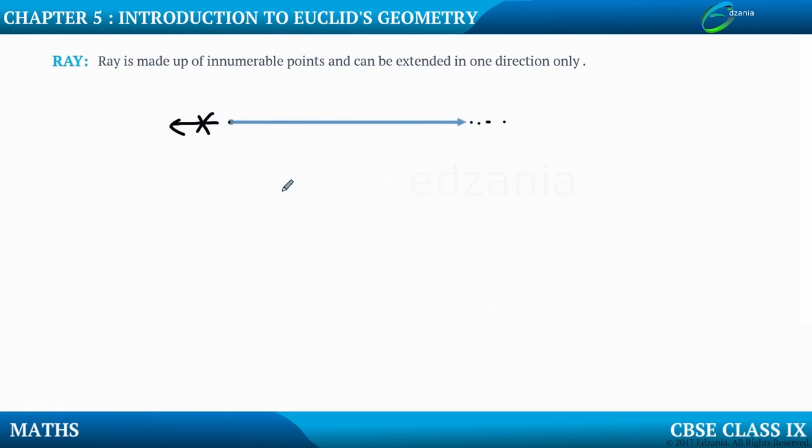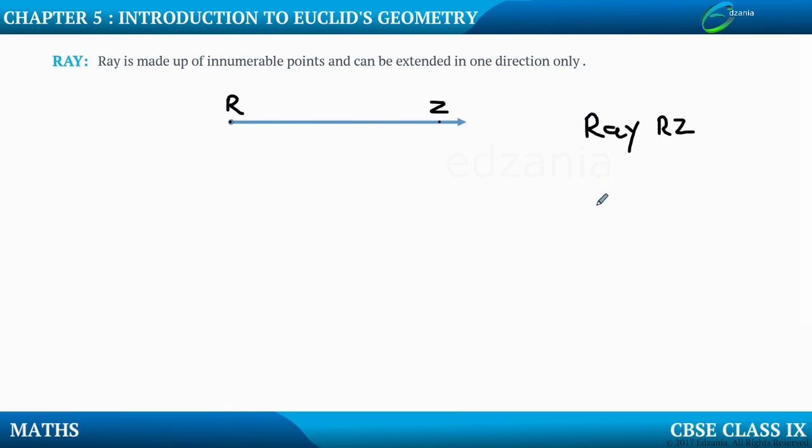Okay. So how to name a ray? So again, to name a ray, you need 2 points. This fixed point is there. Let me name this fixed point. Say for example, R. So this fixed point, let this point be called as R, and I have to take one more point on this part. So say for example Z. Then I can call this ray as RZ. Ray RZ. This ray RZ tells us that the ray starts from R and it can be extended in the